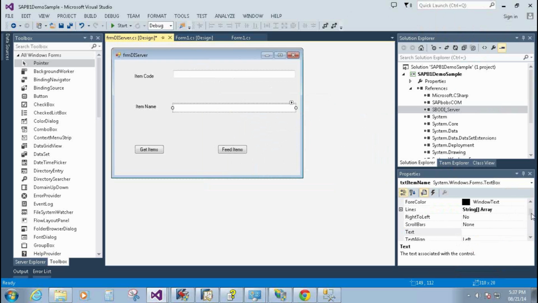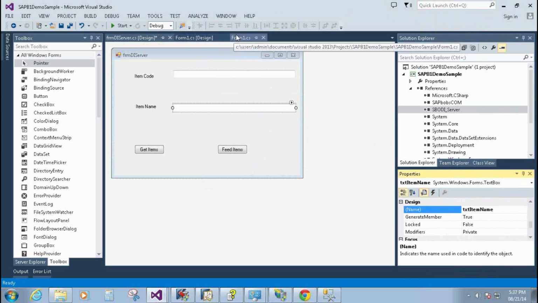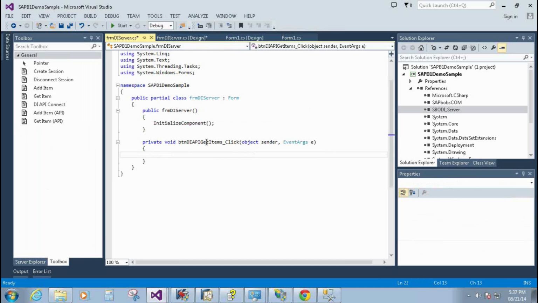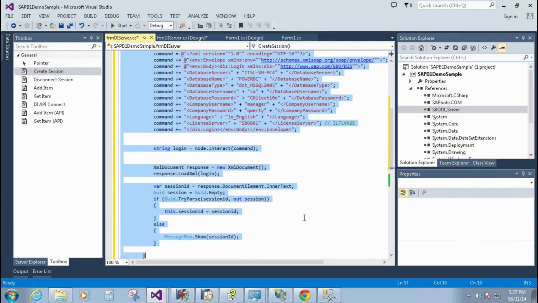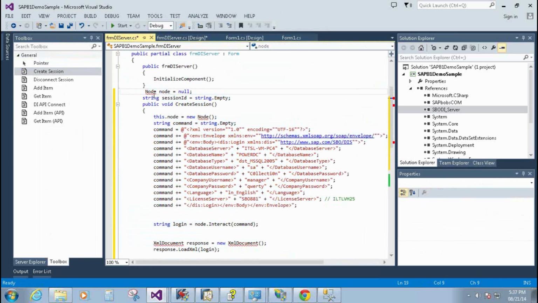Now here you can see we have two text boxes that I have copied from my last example, and there is get items and feed items. Let's double click on them. So for DI server interfaces, you need to create a session. Now to create a session, this is the function. Now I need to take reference of SBODI server,